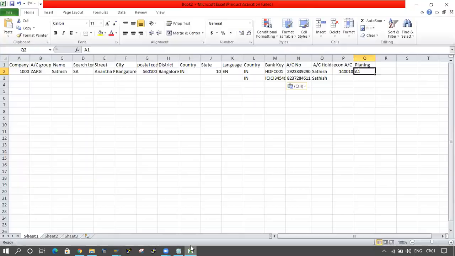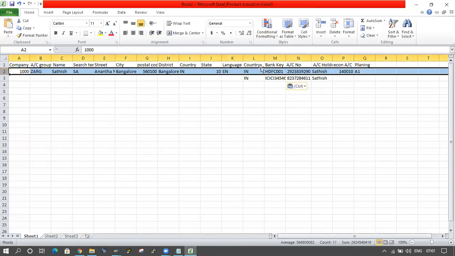In the Excel sheet, in a single line you are passing only a single bank's details. In the second line, you are passing the second bank's details. In the third line, you are passing the third bank's details, right? In a single line, we are not passing bank one, bank two, bank three information.